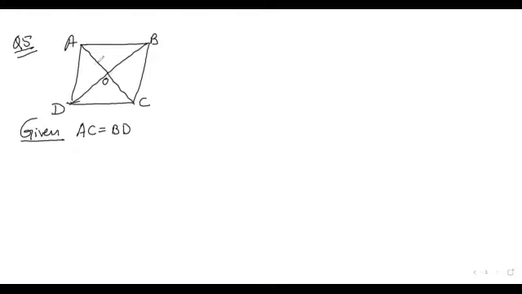That means the length AO is equals to OC and the length DO is equals to BO. It is given. So AO is equals to OC and BO is equals to OD. This is given, and they are bisecting at right angles. Moreover, this angle is given 90 degree. So this angle is also 90. So angle 1 is equals to angle 2 is equals to 90 degree.